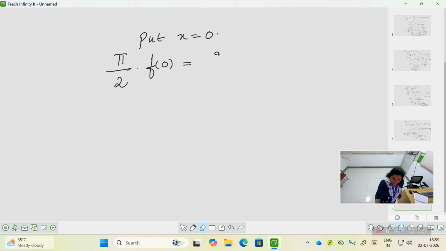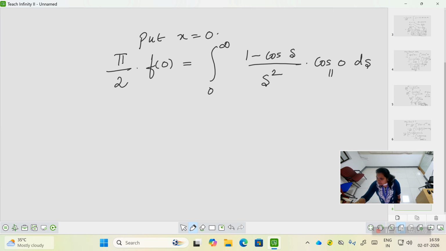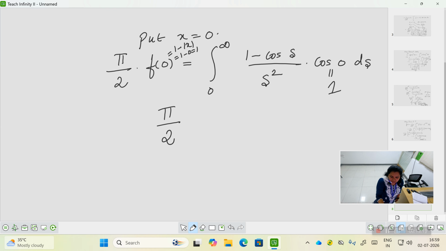So which is the integral from 0 to infinity of 1 minus cos s divided by s square cos 0 ds. So this term will become 1. So f of 0, the problem also, you know that 1 minus mod x, which is 1 minus 0, which is 1. So you are getting pi by 2,